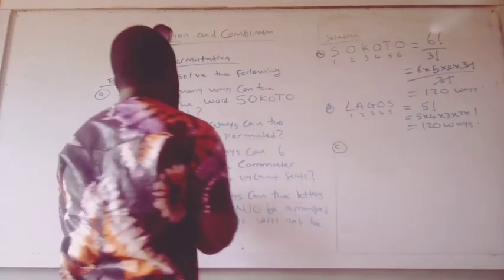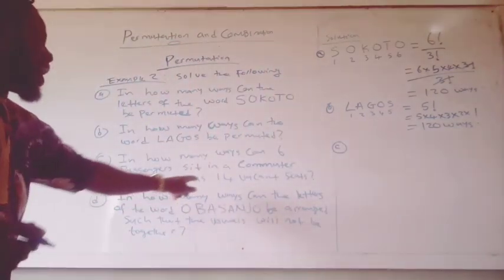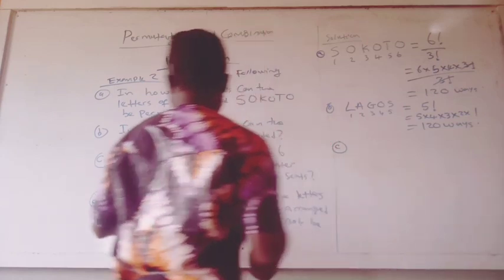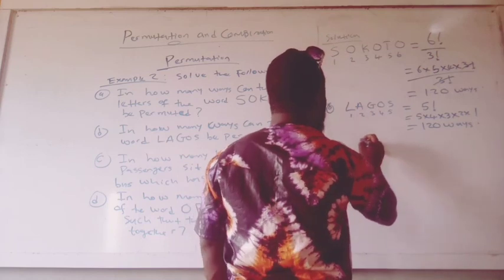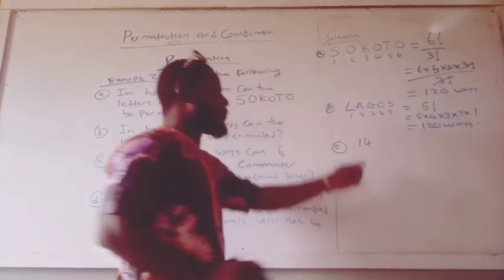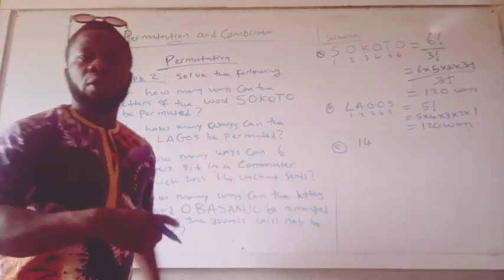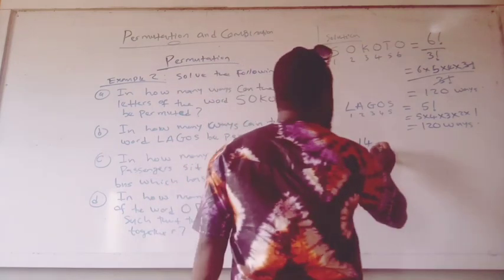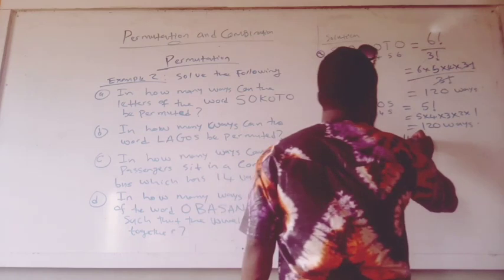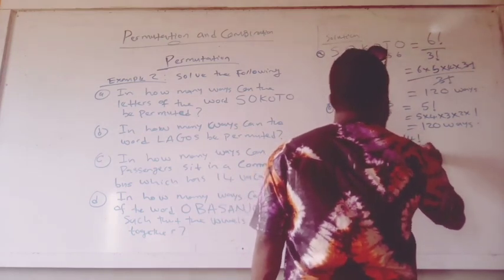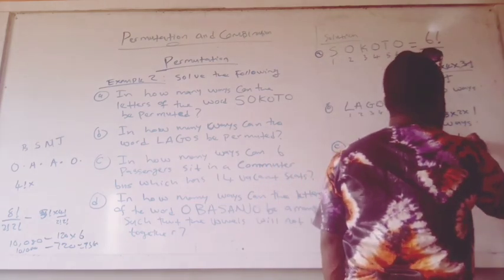The C part of it. In how many ways can 6 passengers sit in a commuter bus which has 14 seats? In how many ways, and 6 passengers. So we have to write the number of seats that we have. So in these 14 seats, we have 6 people to be arranged here. So that would be 14 permutation 6, and that's 14 factorial over (14 minus 6) factorial,